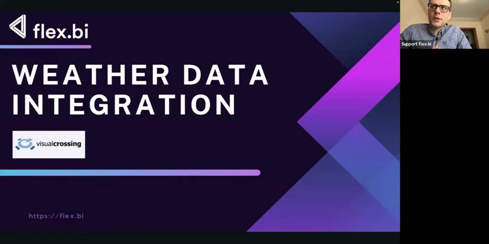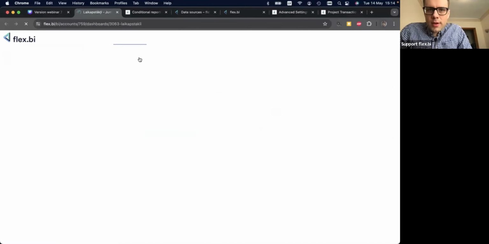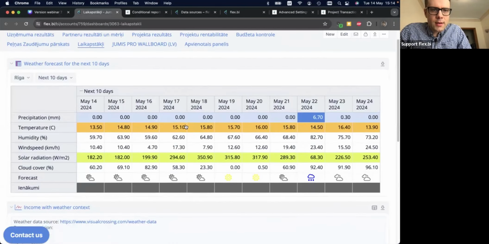Then during the last couple of months, we had some interesting projects where we also did an integration with Visual Crossing. And with this integration, we imported weather data. So we had weather data integration with Visual Crossing. So this is how it looks. I'll open up a report as well. And here we have